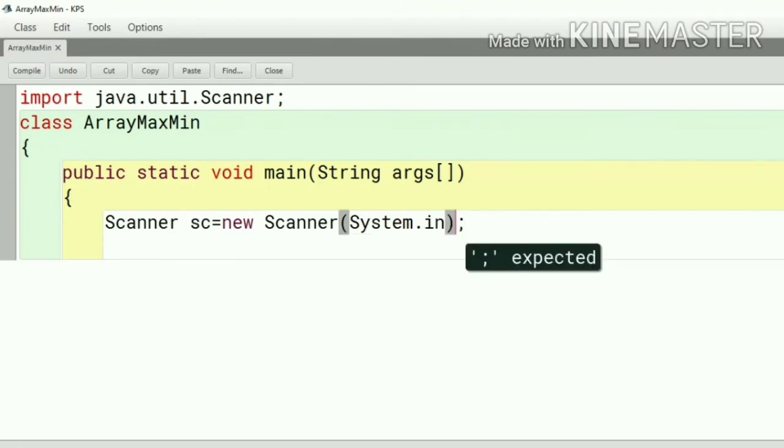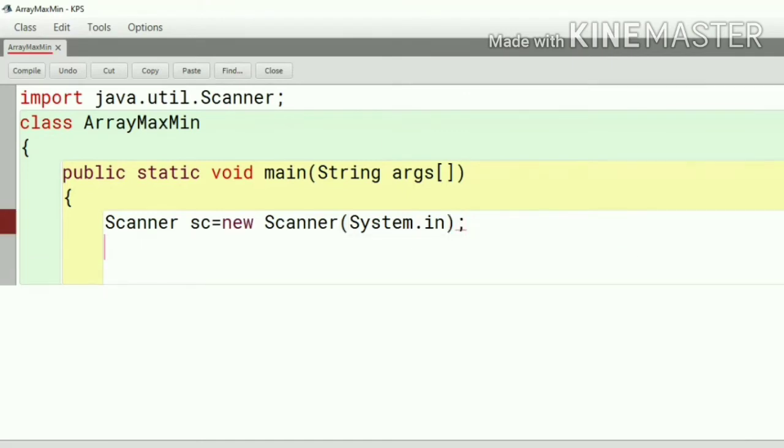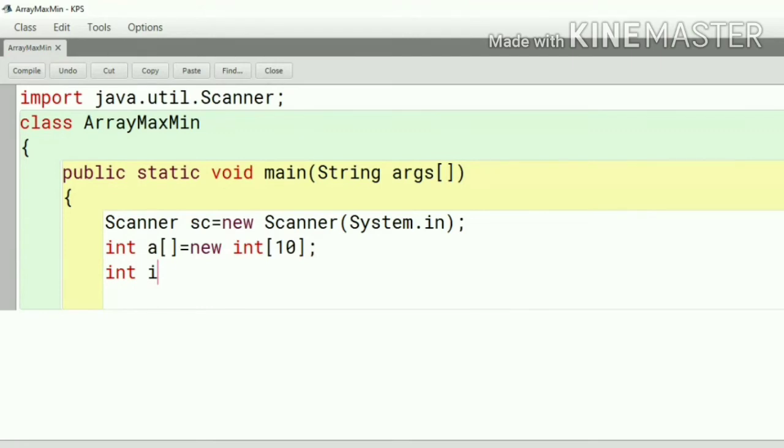Sorry, here close, this one is not needed. Here int, the array name a equal to new int, array size we will take 10 numbers, 10 different numbers, and here I for index, max is equal to 0, min also 0.